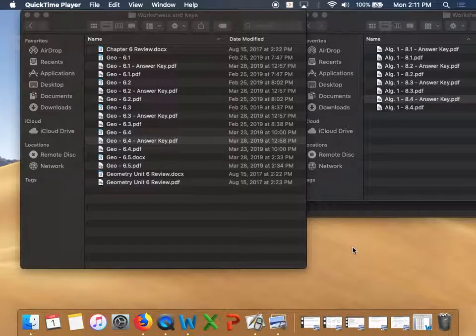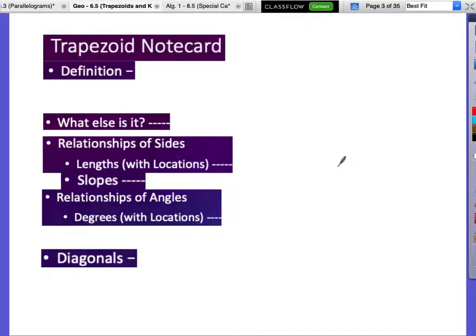SWBA, students will be able to define and identify trapezoids, isosceles trapezoids, and kites and find measures. That's what we're going to work on today. Okay, so